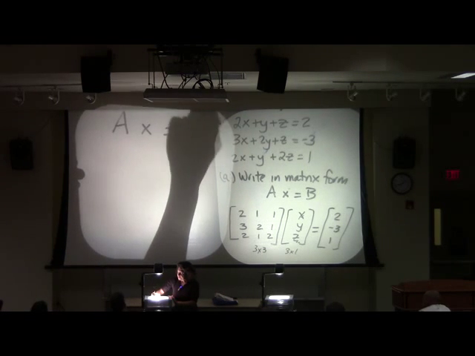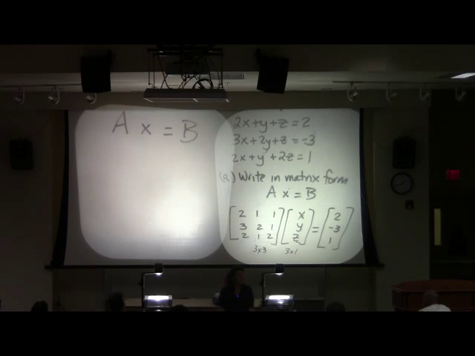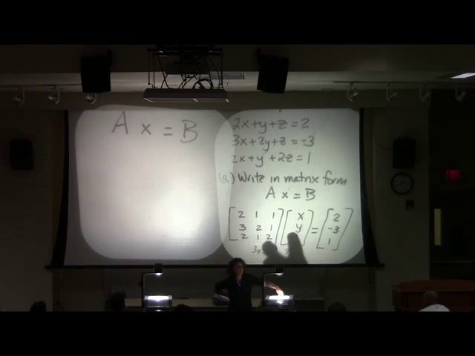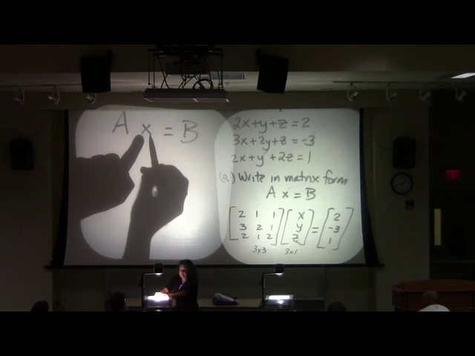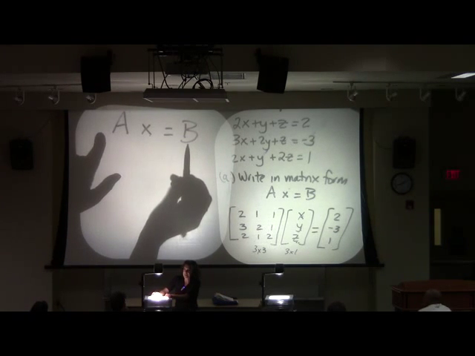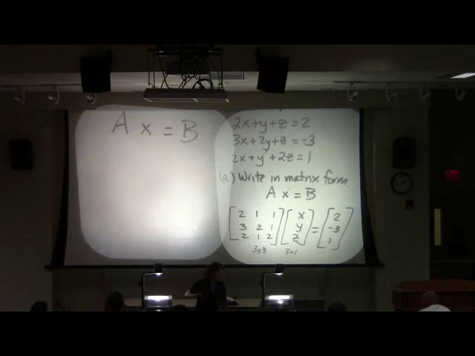Do you agree we are now in the form AX equals B? Right? A times X equals B. Do you all also agree that I want to know what this matrix X is? Right? Because that'll give me my X value, my Y value, and my Z value, which is ultimately my goal. Everyone with me this far? All right. Well, the thing is, if I want to get X alone here, you can't divide by matrix A. Isn't that what your temptation would be? Because how do you want to do multiplication but division? You don't divide matrices. Okay?